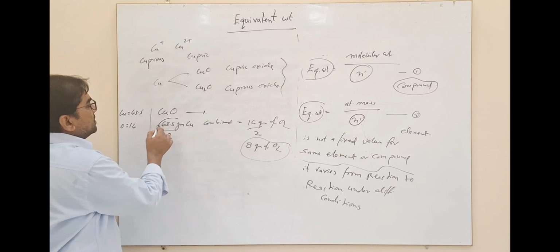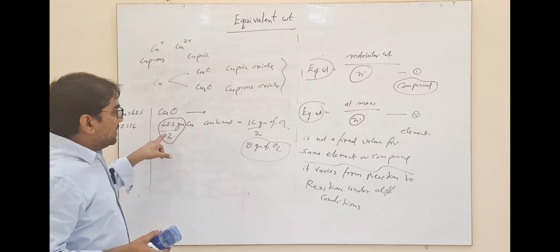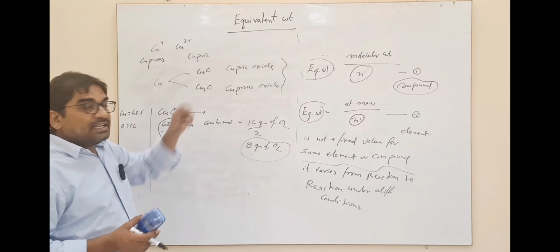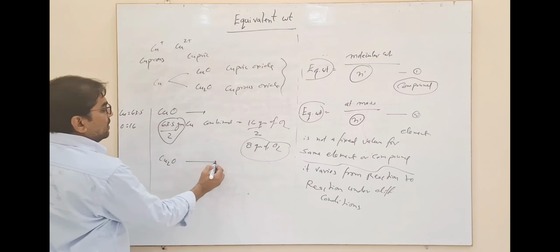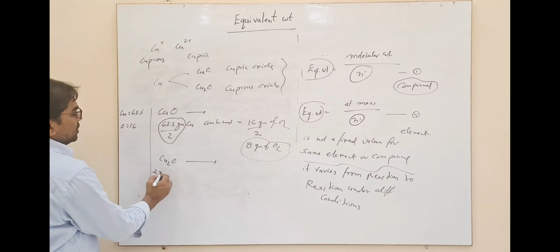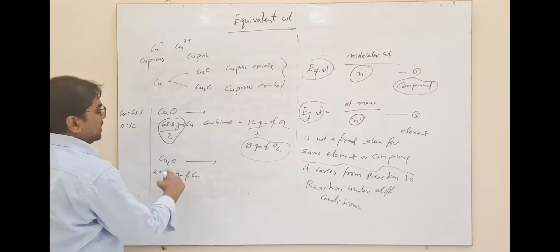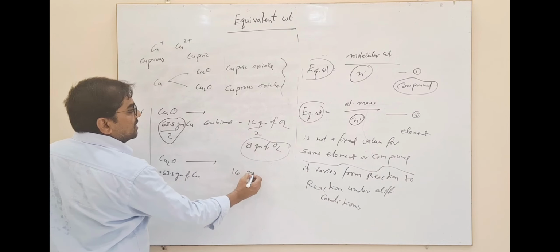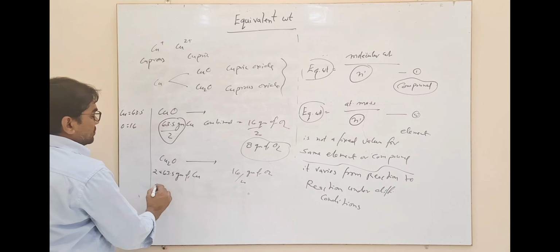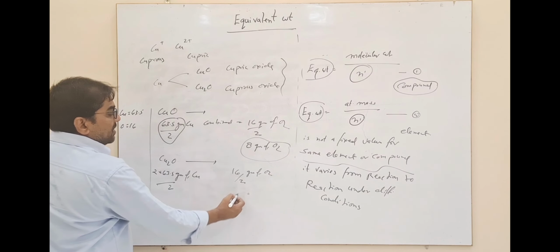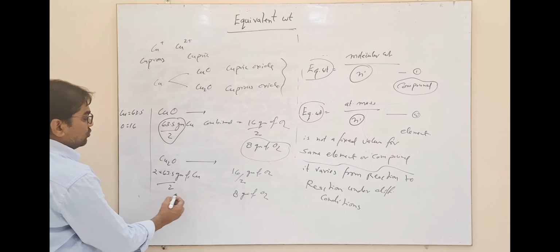It will be 63.5 divided by 2. This is the equivalent weight of copper in cupric oxide. But if we discuss Cu2O, then 2 into 63.5 gram of copper combines with 16 gram of O2. Therefore, this value divided by 2, so this is also divided by 2. Here it becomes 8 gram of oxygen, so this value becomes